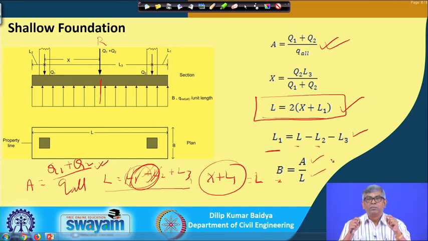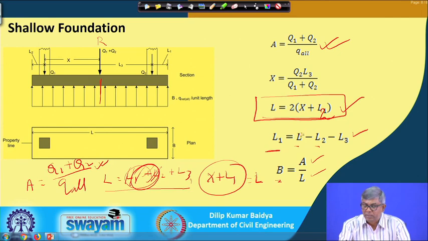So, that means what you have to do when there are two unequal loads: first of all you have to find out, from the center of one of the columns, where the resultant is acting, that x to be determined. And from x and from the column to the restricted length on one side, either L1 or L2, if I know, suppose L2 is known, then x plus L2, because x plus L2 becomes half of the footing length, and twice of that should be the length of the footing. So, that your CG will be here.